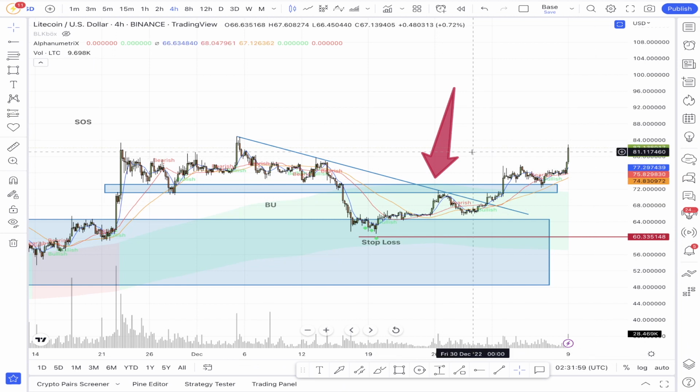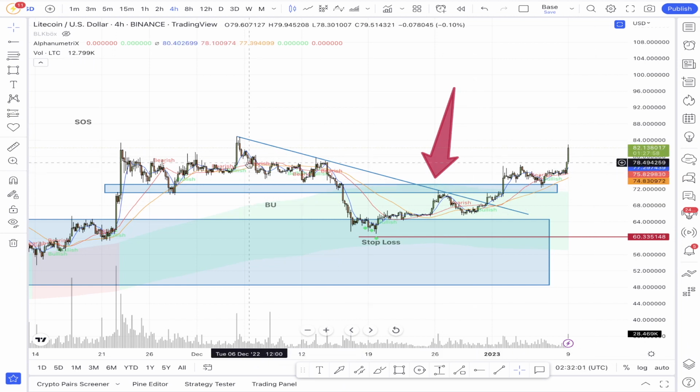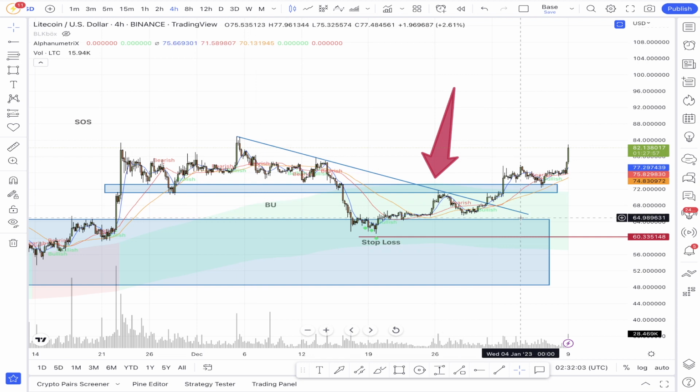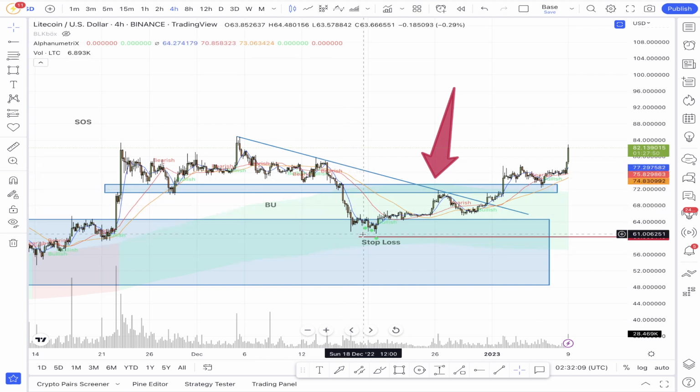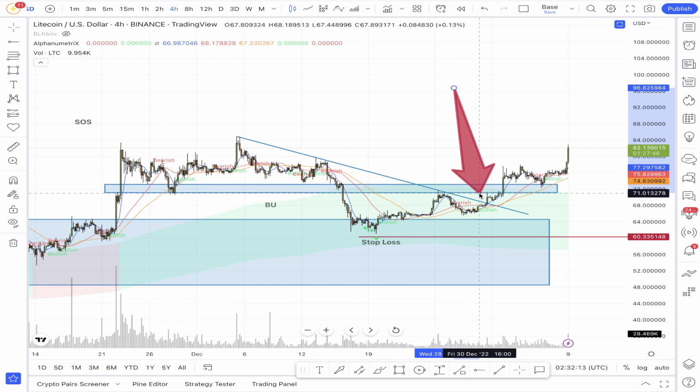And for those kind of more traditional pattern traders, you're also noticing a little bit of a bump and run. So a bump and run is where you have a high, you have a lower high, you have a resistance point, you capitulate away from it, and then you break through it. So the best point would have been to buy this breakout, but I was still not prepared for bullish price